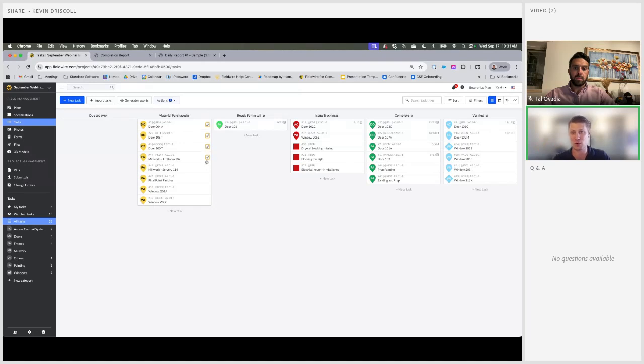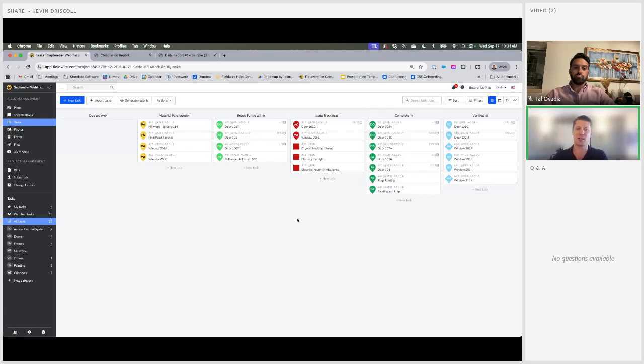Then that would move through a status where it's been marked as ready for install. That could signify that it's been shipped to the job site and it's sitting in a laydown yard somewhere, and then ready to be installed. The foreman or installer would then install that work and then mark that as completed, documenting that work in the process.